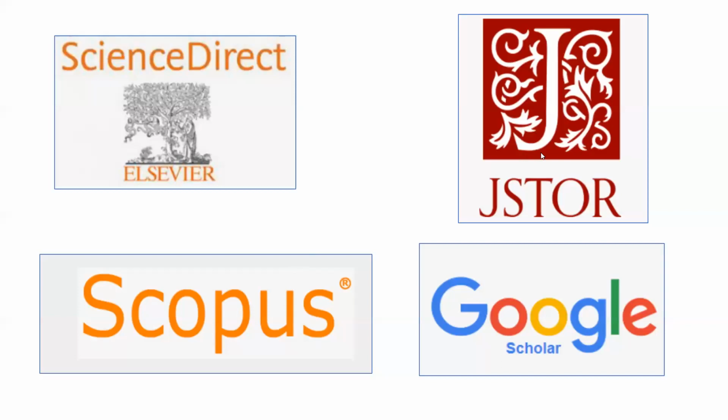JSTOR is another paid search that you have. Scopus is again paid, but you can read the abstract from any of these without any restriction. Google Scholar is not a database, but you can again do some search and find relevant literature from Google Scholar. It gives interconnections to other sources, especially the journals themselves. So if I go to Google Scholar,